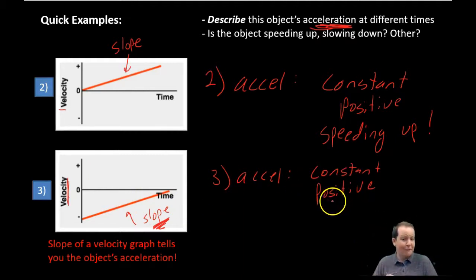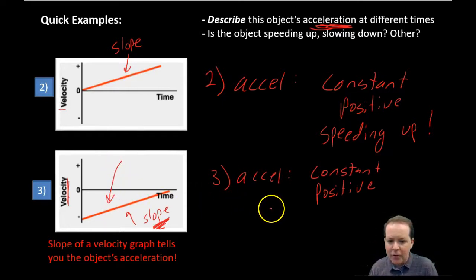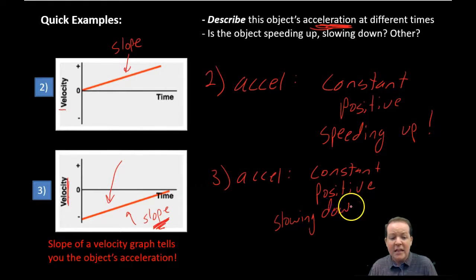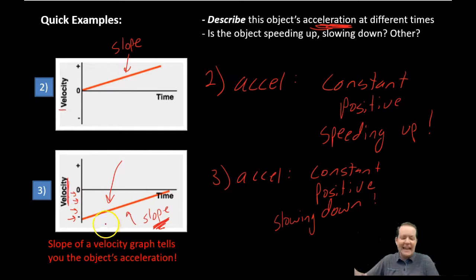Last question, the toughest one on the slide. Is this object right here speeding up or slowing down? This object is slowing down. Slowing down. And to be honest, you could have gotten that in a couple different ways. If you look at the velocity, notice the velocity starts here and then it's getting closer and closer to zero. So if I have some negative 500 meter per second or mile per hour velocity, but I'm approaching zero,